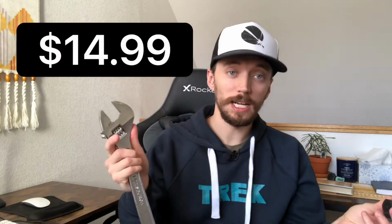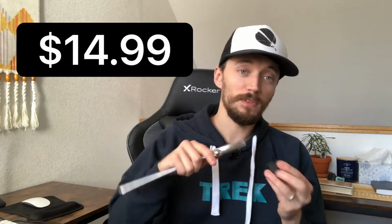So the first tool in which we're going to be going over today is one tool that actually helps other cycling tools. I mean, you might have just seen it on the video, but it's a 12-inch adjustable wrench. And so all the other wrenches I had would not go as wide to fit a cassette lock ring. But so I got a wrench from Harbor Freight. It was like $14.99,